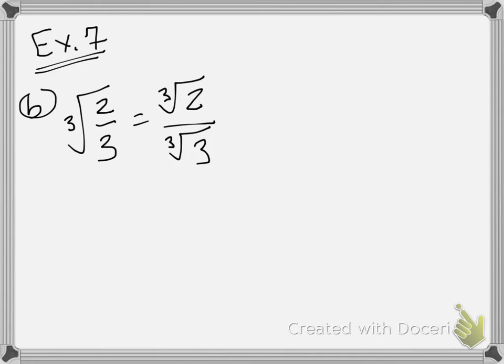Now, this one's a little bit weird. Rather than multiplying by the cube root, because that's not going to do anything, here we need to multiply by a number under the radical so that the number under the radical, the radicand, is a perfect cube in this case. So for instance, if we multiply the top and the bottom by the cube root of 9,